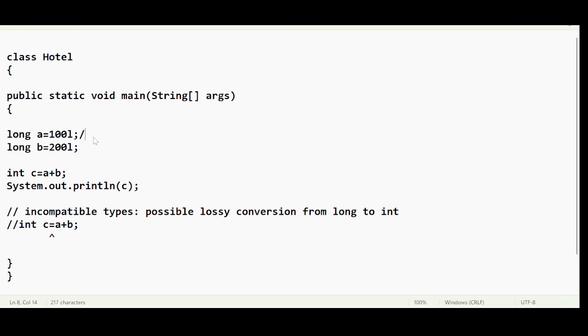Long is going to consume what? 8 bytes of memory, isn't it? Internally, 8 bytes of memory is required to perform any operation, right? But int is designed to consume only 4 bytes of memory, right? So these values cannot get accommodated in the int,